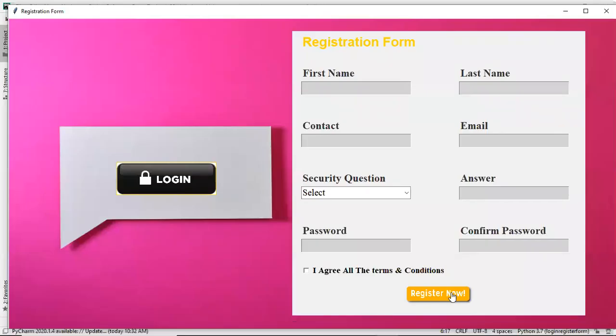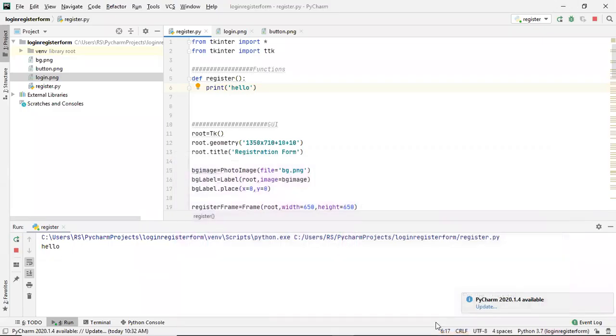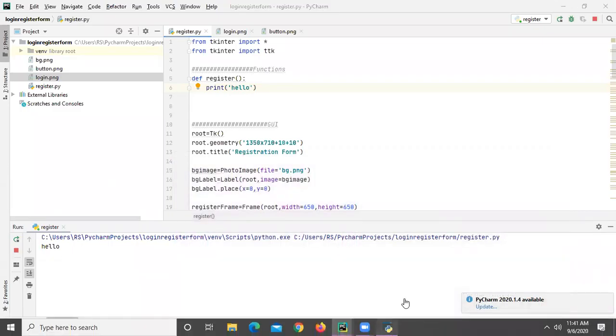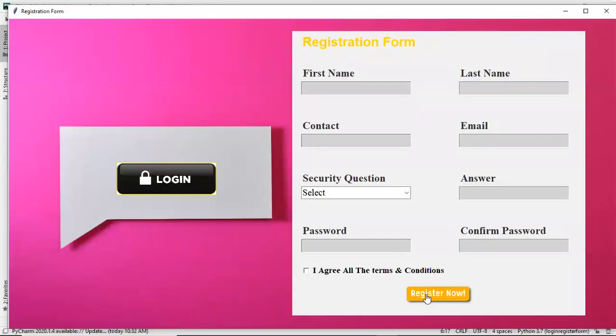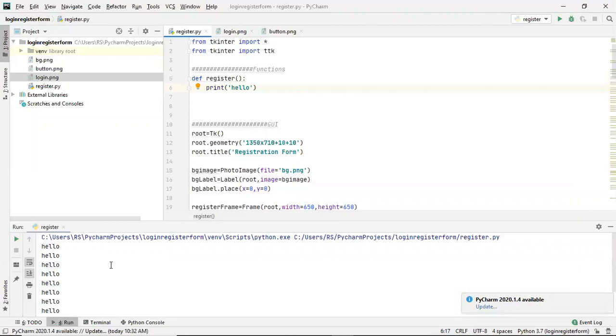If I click on this register button, you'll see our output here. See, hello. If I click this button multiple times, hello keeps getting printed, because we have only put this hello statement inside the register function. But we do not have to keep this; I was just telling you how it works.